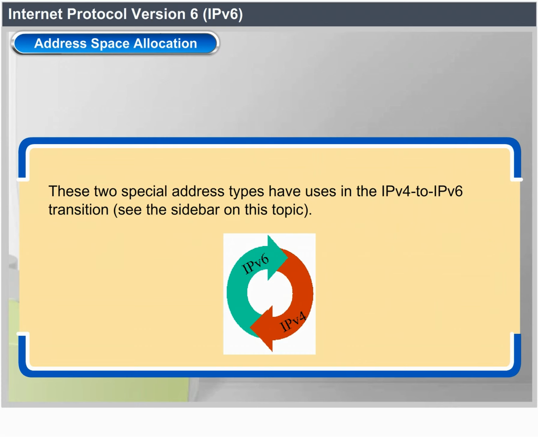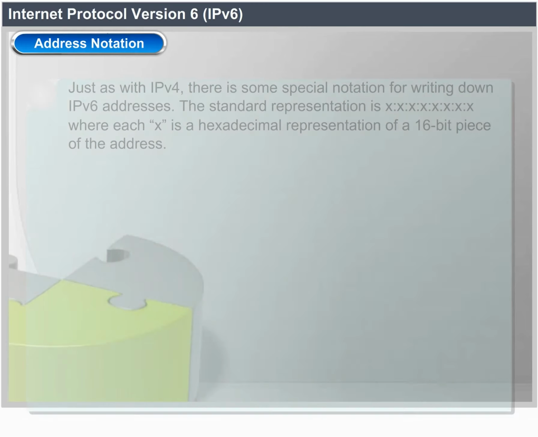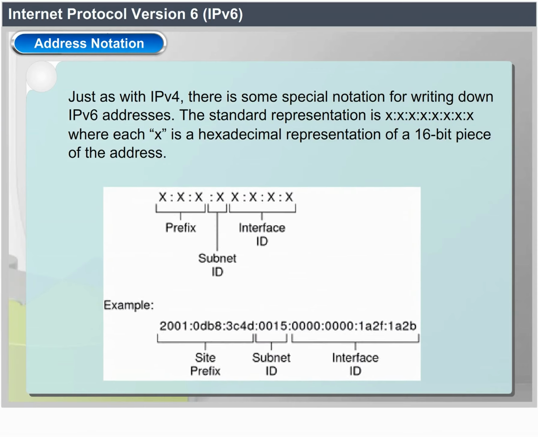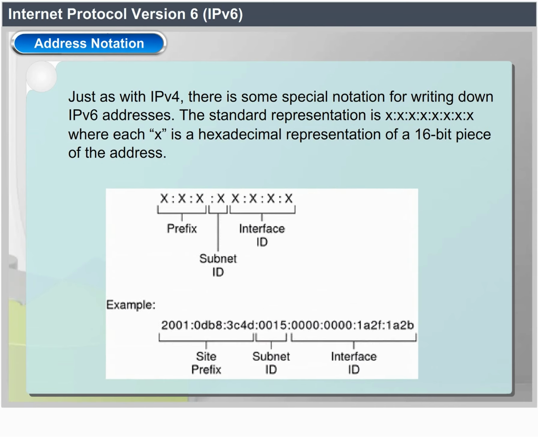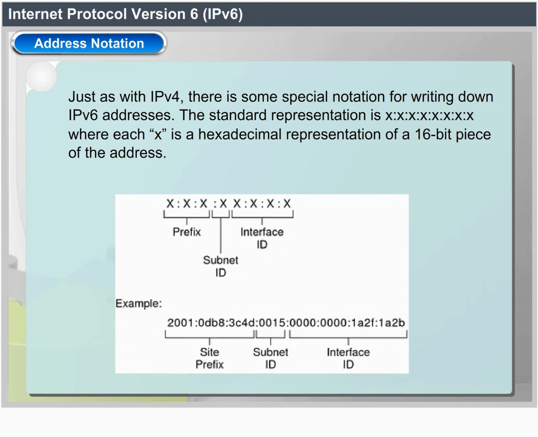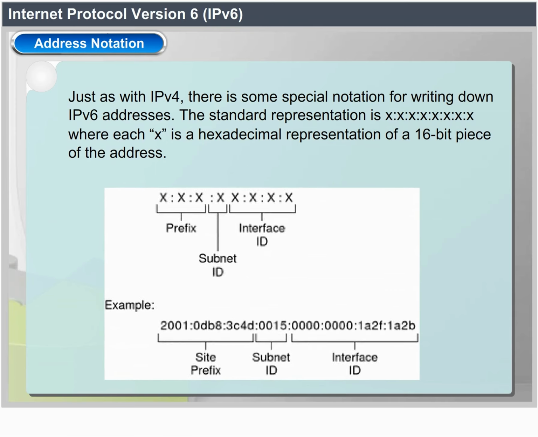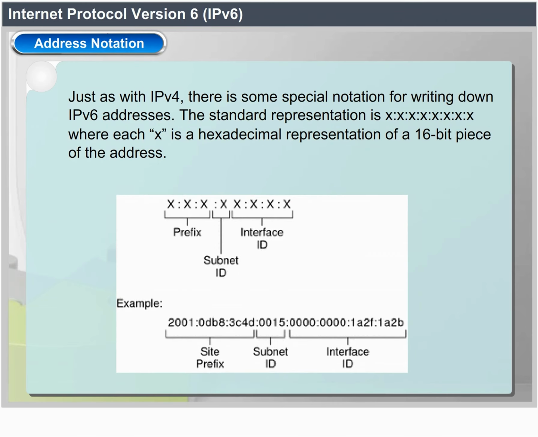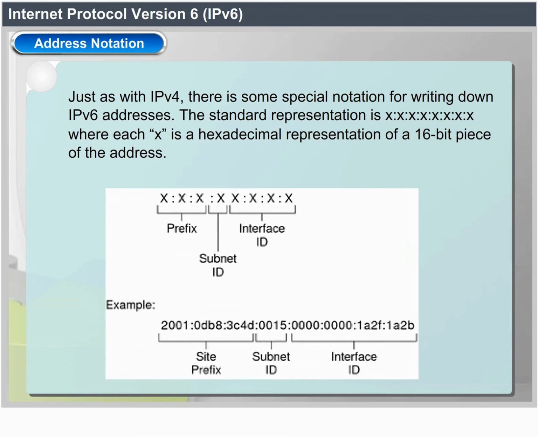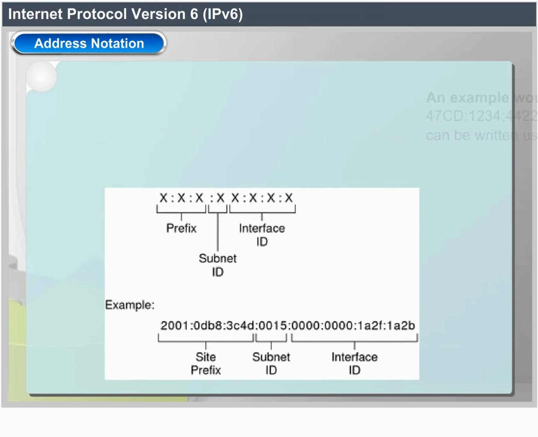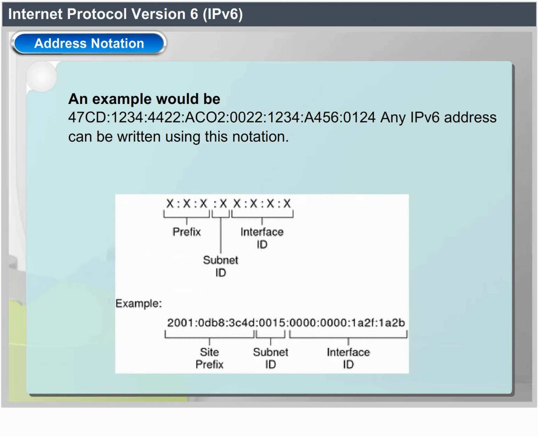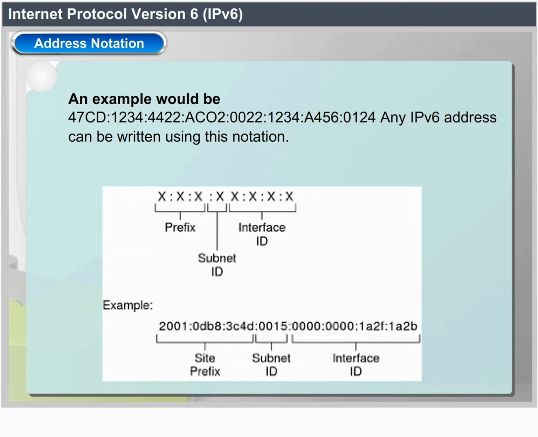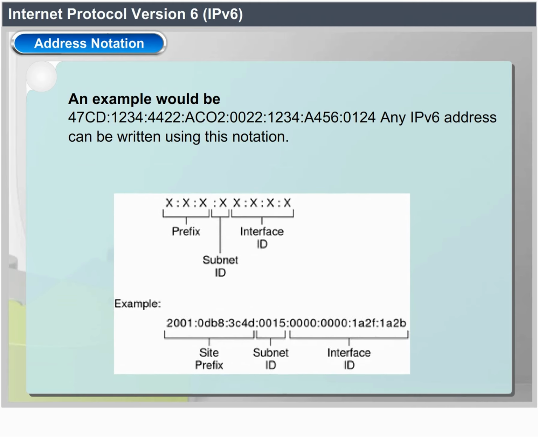Address notation. Just as with IPv4, there is some special notation for writing down IPv6 addresses. The standard representation is x:x:x:x:x:x:x:x, where each x is a hexadecimal representation of a 16-bit piece of address. An example would be 47CD:1234:4422:AC02:0022